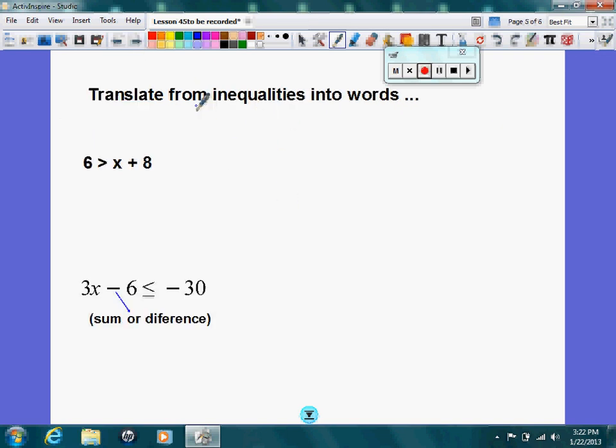Okay, we need to translate from inequalities into words. Okay, now here's the inequality. We want to translate this inequality into words. We could say 6 is, what is that symbol? Greater than, is greater than